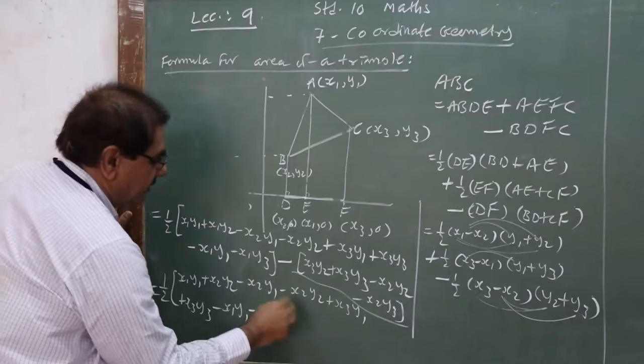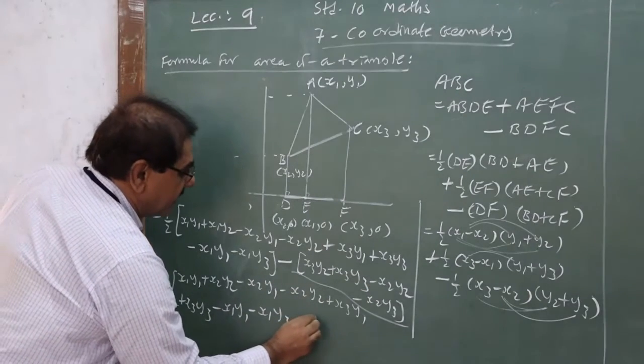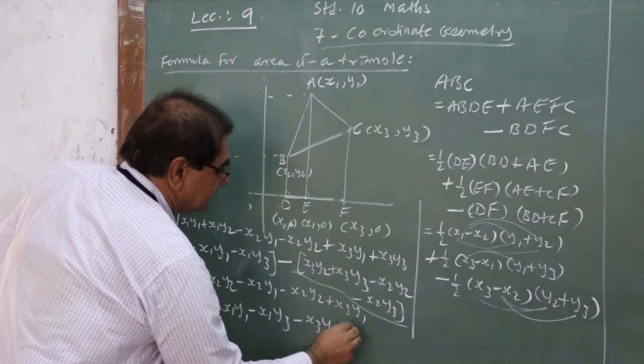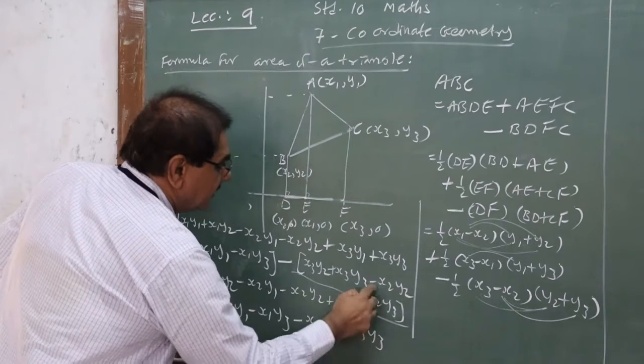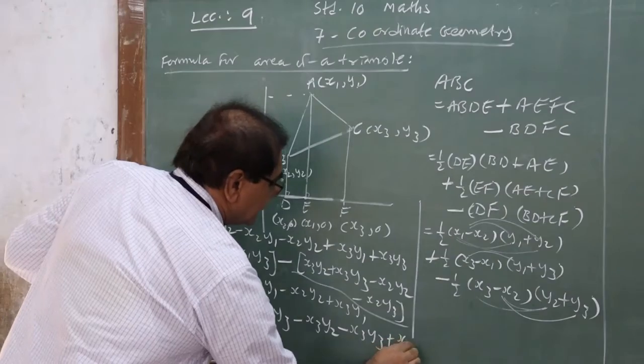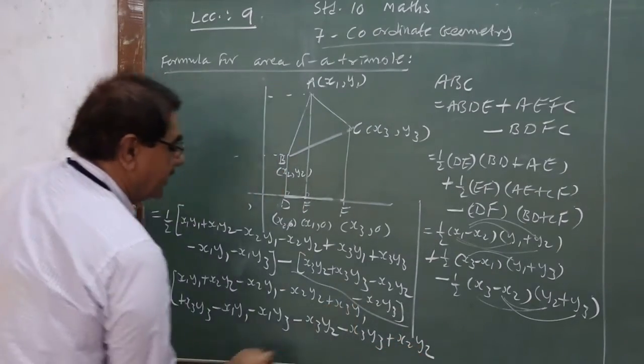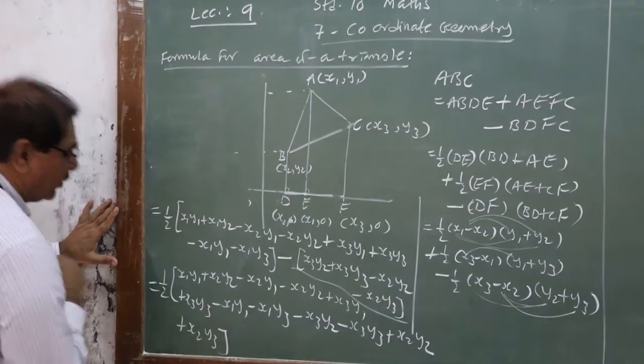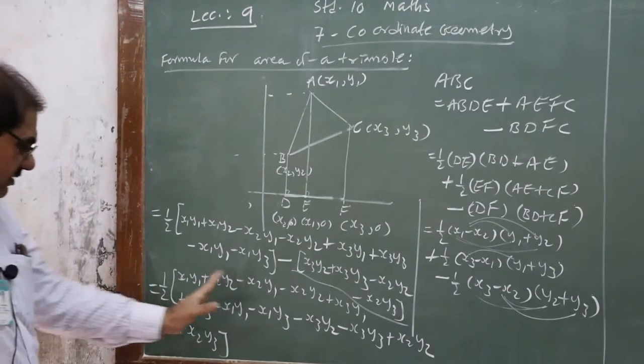Now using this minus sign, all the signs will be changed. Minus x3 y2, plus becomes minus x3 y3, minus becomes plus x2 y2, and here plus x2 y3, and the bracket is over. Okay, now we only have to check